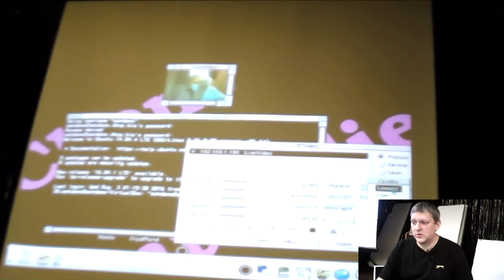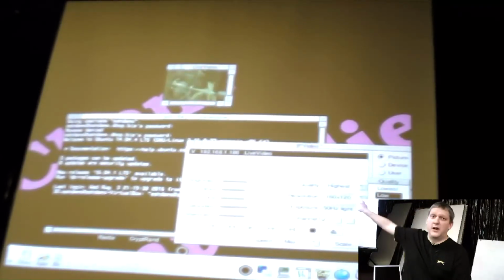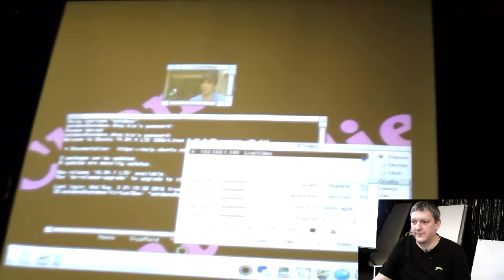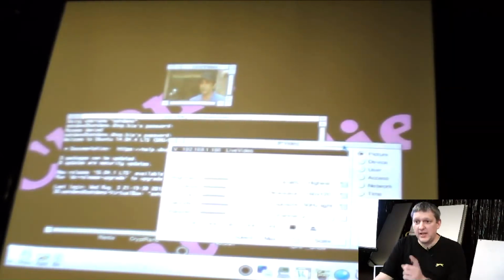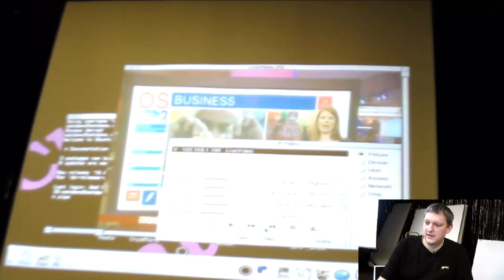And I can tweak the quality settings. All this stuff you're seeing on this window are features of the box of tricks, and there's some RISC OS software that was written to use it. Now, I've left that playing long enough that it's probably worth showing this feature. I can pause it. I can step back through the frames. I can step forward through the frames. I can go to the beginning and step forward again,